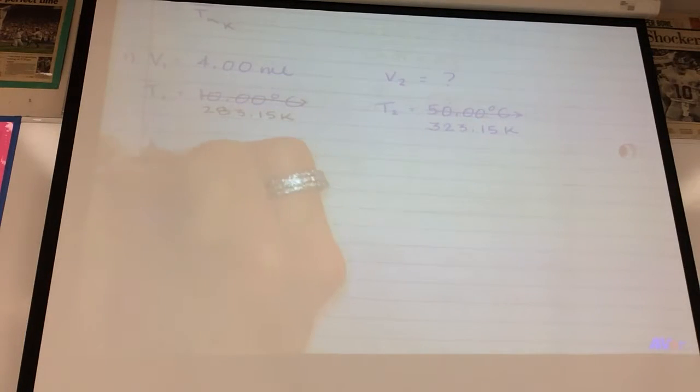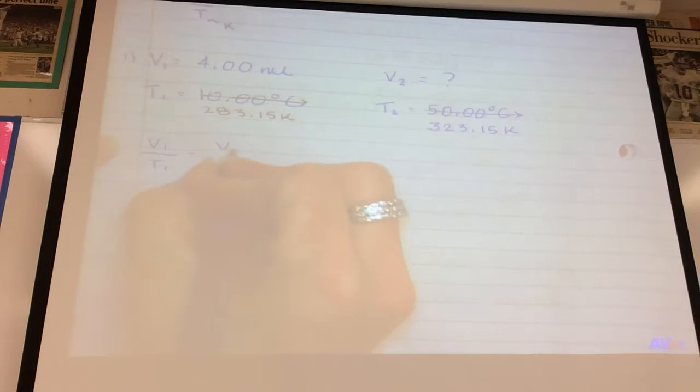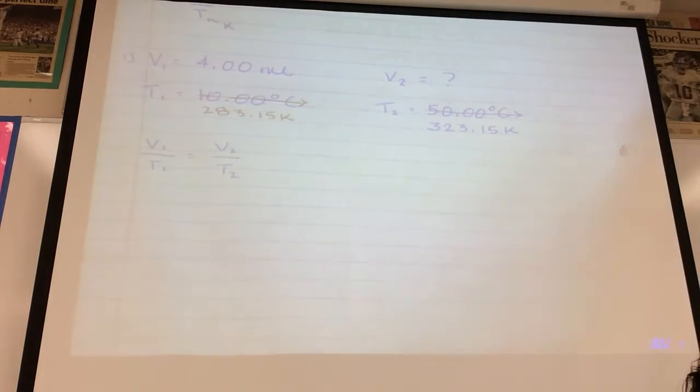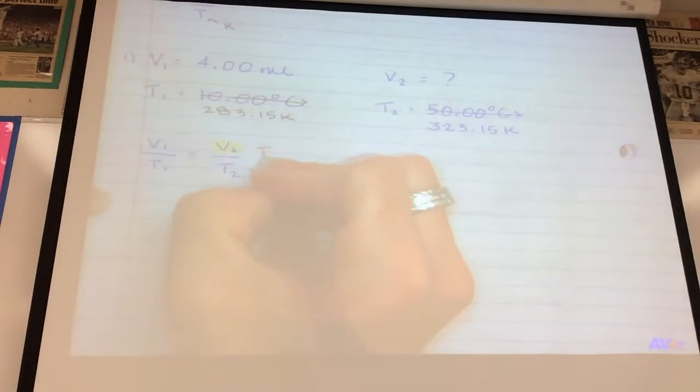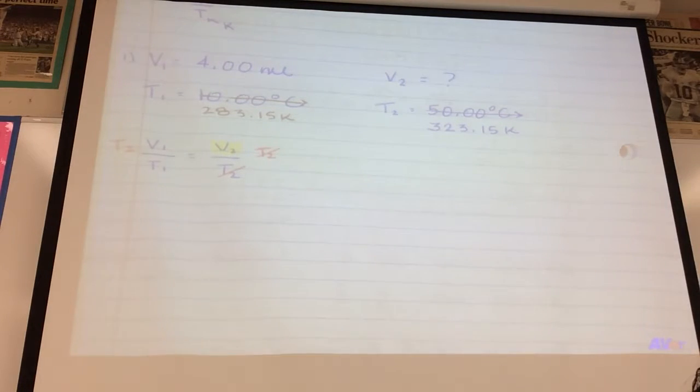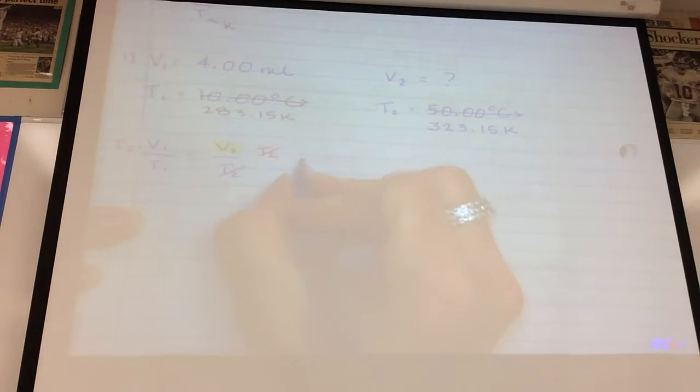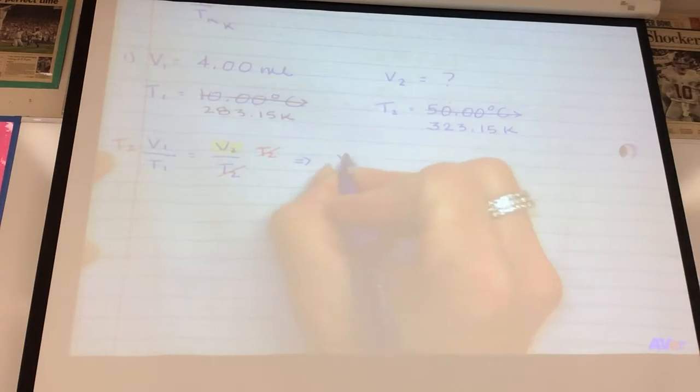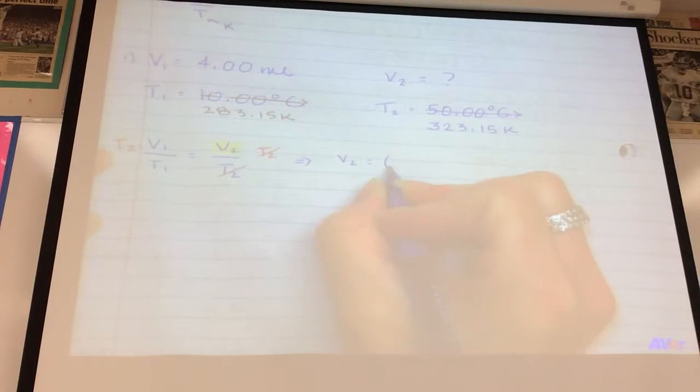Charles' law says that V1 over T1 is equal to V2 over T2. And I want to solve for V2. Something is divided, so the way to undo the division is a multiplication. And now I have V2 is equal to T2,